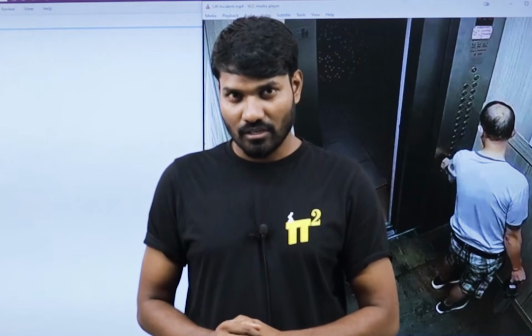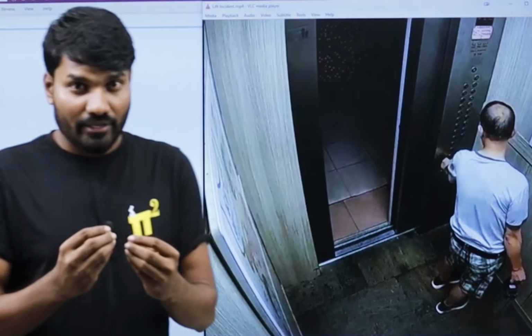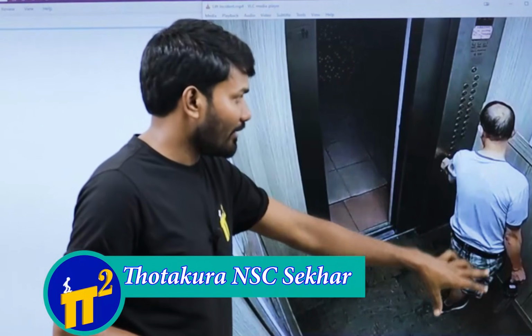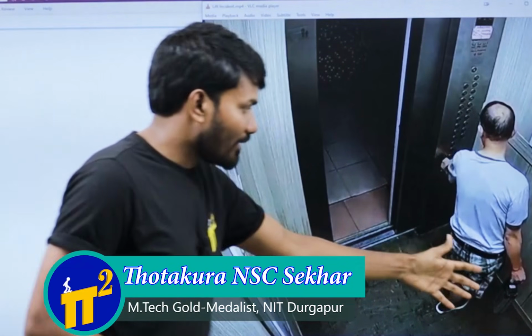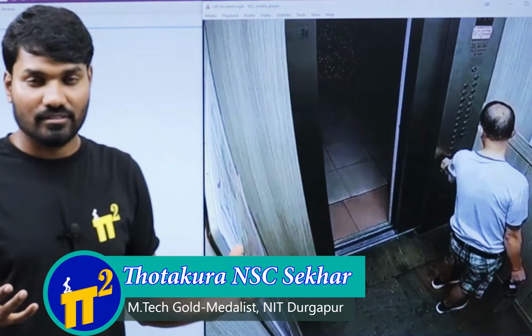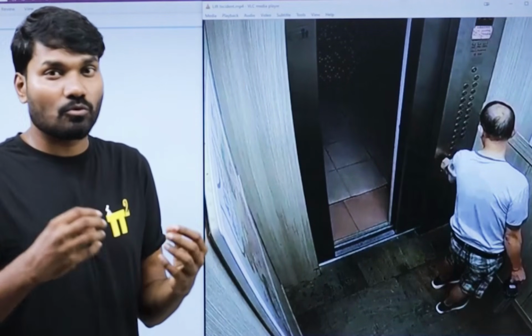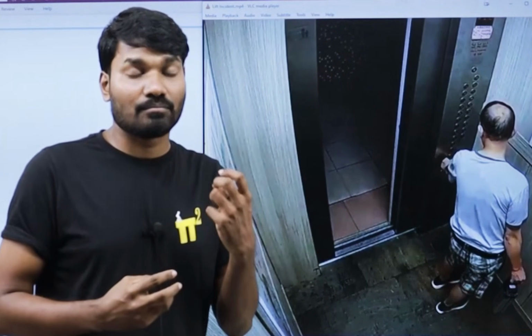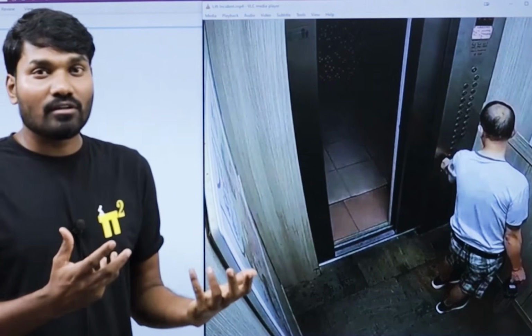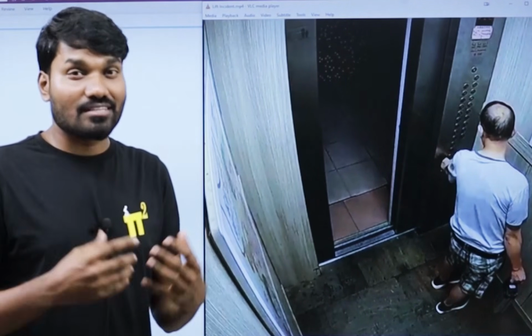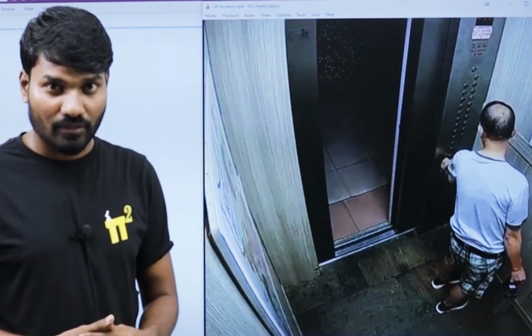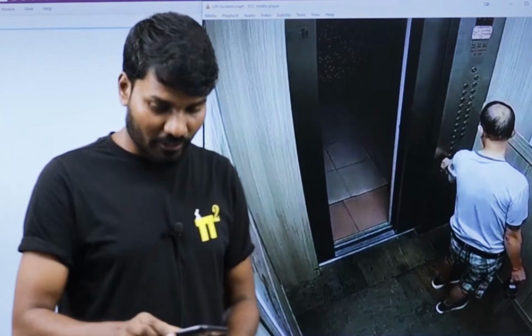In this video, I'm going to explain why this battery, I think you must have seen this video, right? The battery in the elevator got burst. So why did this happen? And there is some myth going on. There are some rumors, some news, some false theories which are circulating on the web. Let me just quote what is circulating on the web.